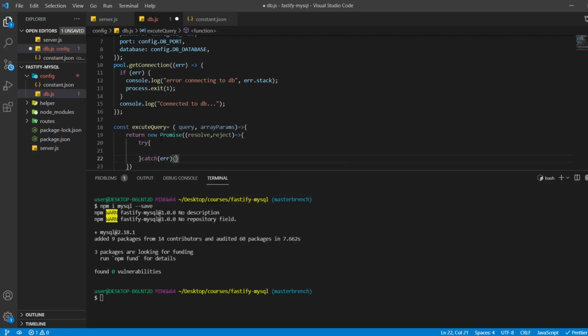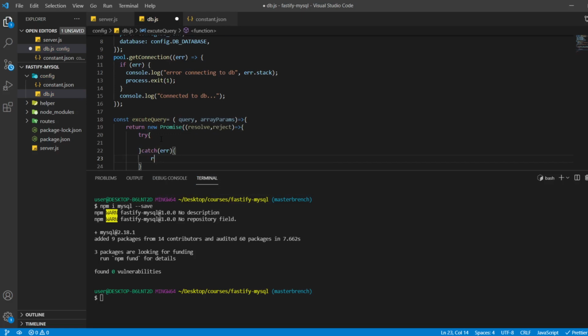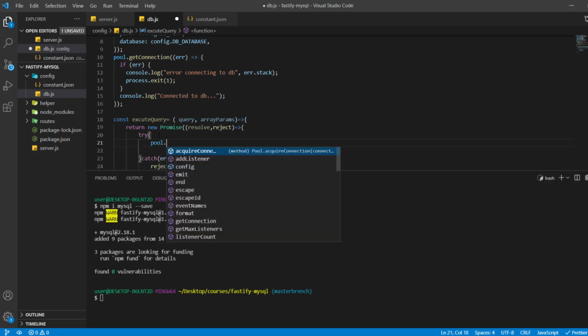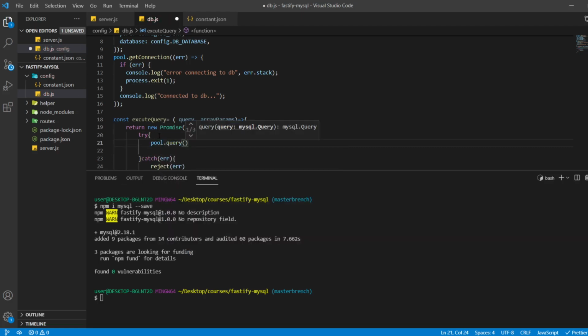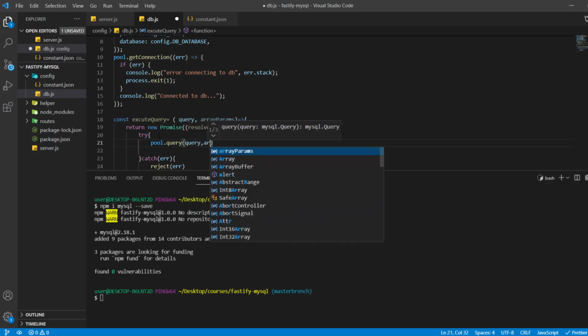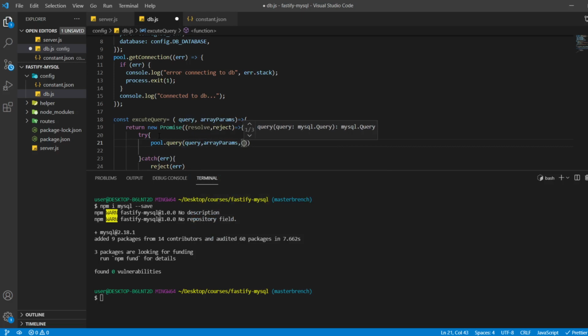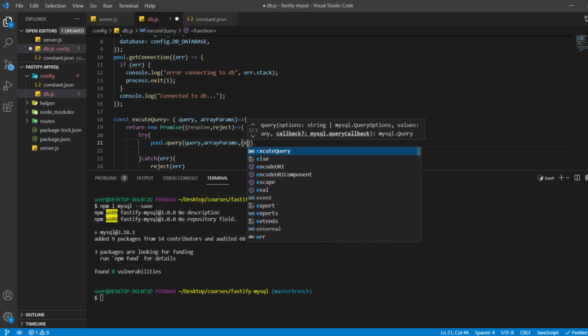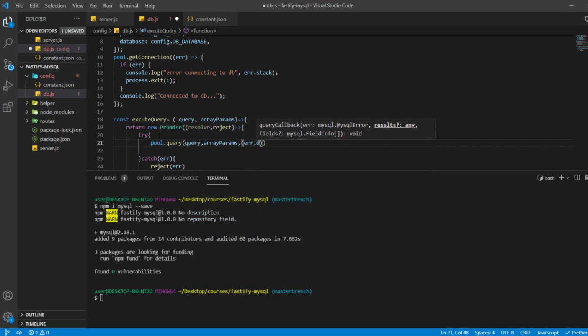If we get error, we simply reject the error, and here we'll use pool.query, and first parameter will be query, and the second one array params, and here we'll pass a callback function with error, otherwise data.